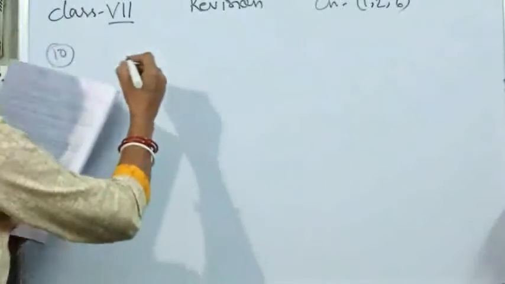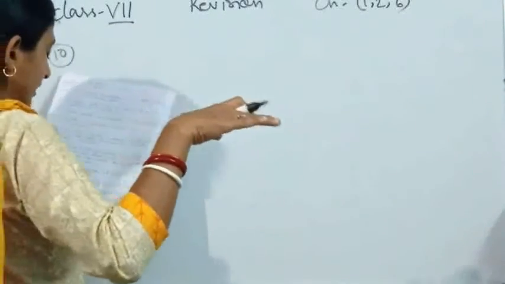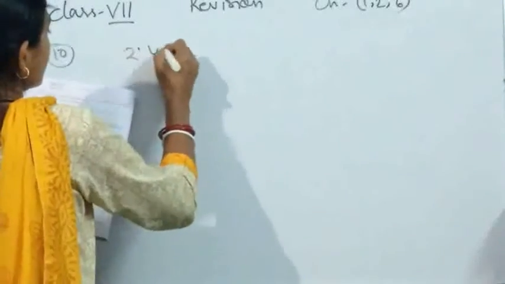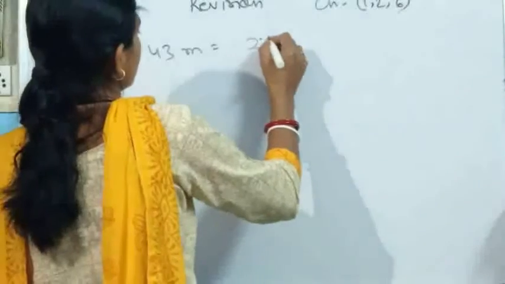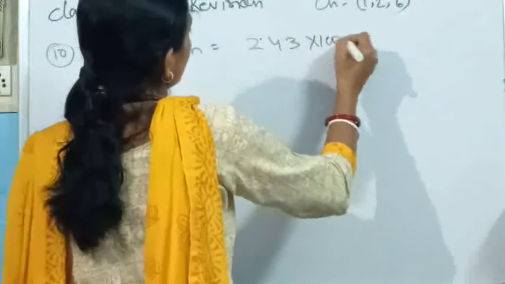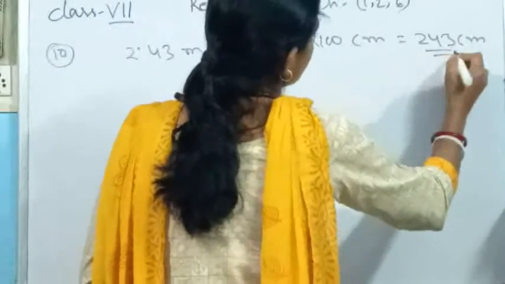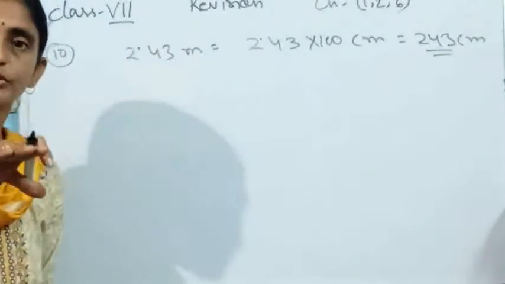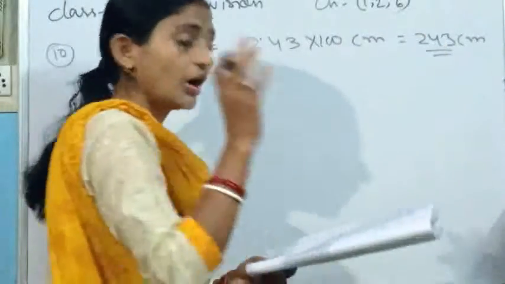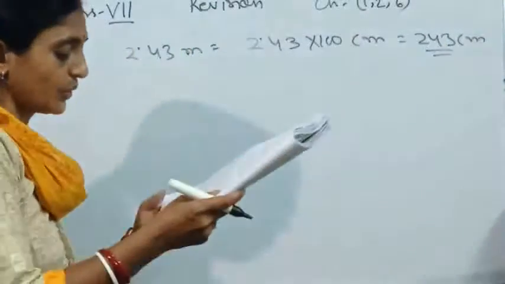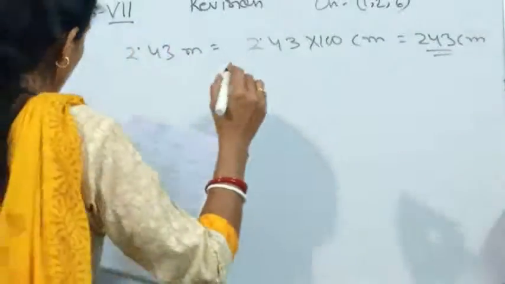So it's better to go from higher unit to lower unit. So let's change the height of the pile, which is 2.43 meter has been given. Yes, if I am changing this one, it will be how much centimeter? 2.43 into 100 centimeter equal to 243 centimeter I will get. This is what the height of the pile. That means after keeping these sheets, you are getting a certain height. So how many sheets you are going to keep?